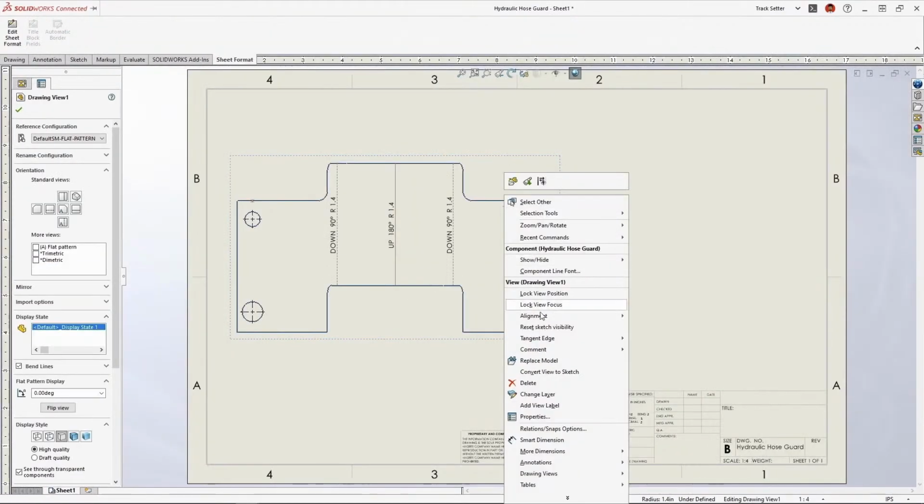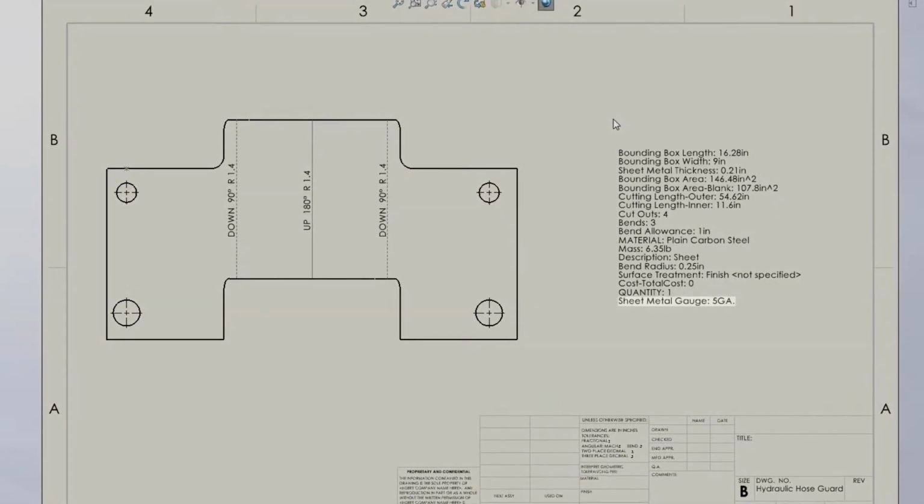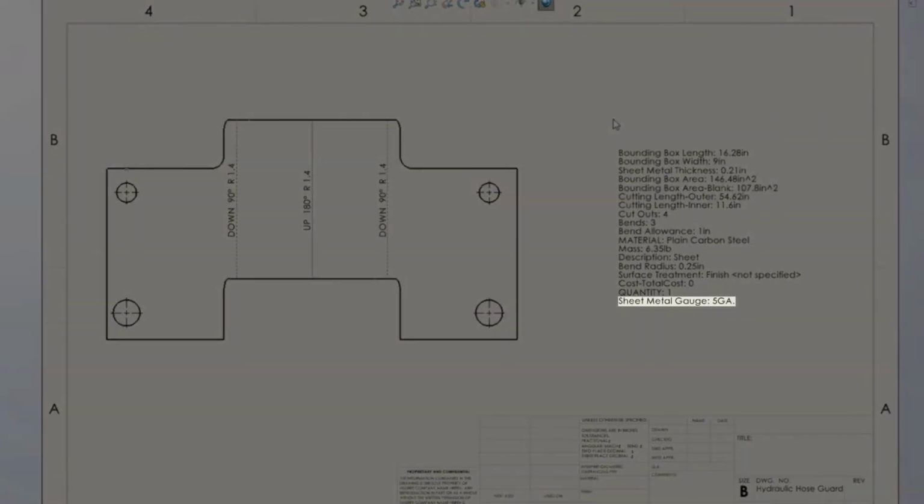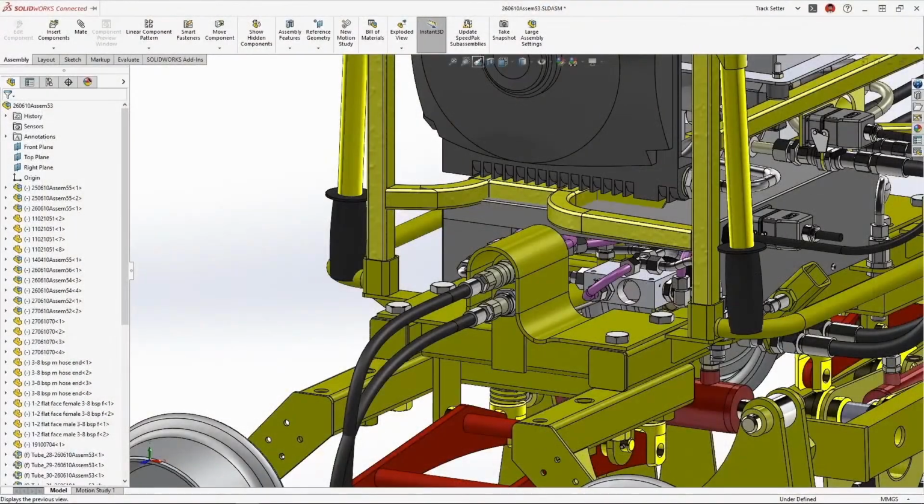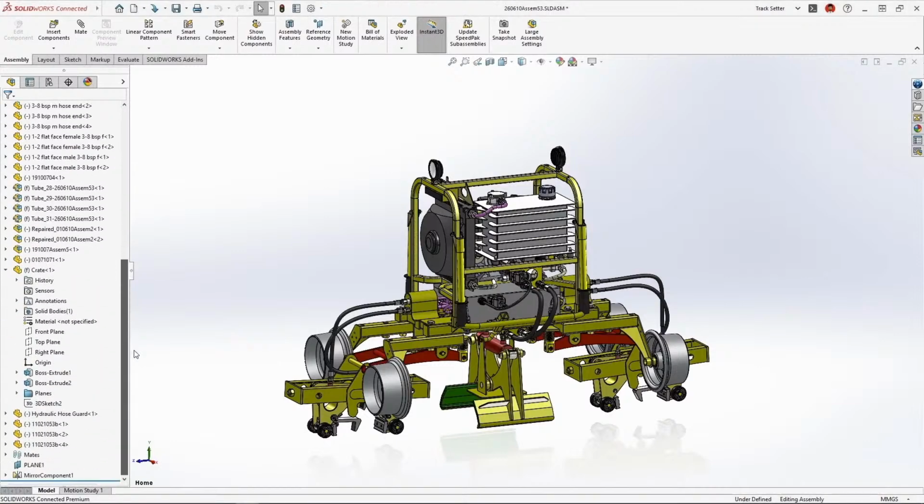Additionally, we can open this up in the drawing and add an annotation for the cut list properties. And you'll notice right at the bottom, we have the sheet metal gauge automatically added based off of your gauge table. So jumping back into the assembly, we need to build a shipping crate for this, and we can use